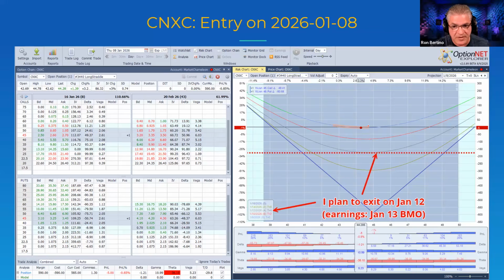So in theory, you should be saying, okay, the software here is saying that if nothing were to happen and the only thing that happens is that 2 days of time goes by, we're going to be on the gray line here. So if the price of the underlying doesn't move, I'm going to be losing $175 or $180. That's what the software is predicting. But remember,